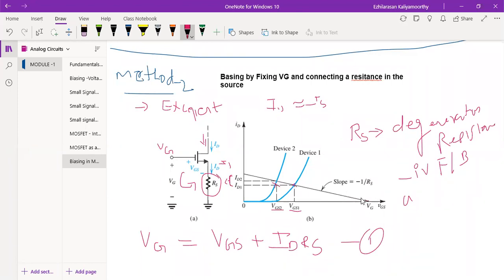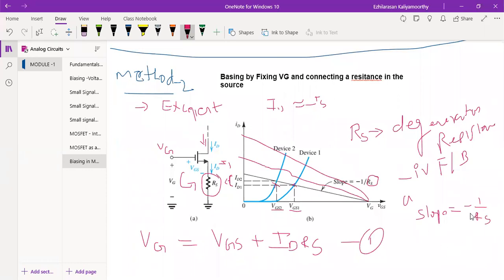So now, if you are increasing this slope, for example, what is actually happening? Say earlier the slope was like this, and if the slope is shifted like this, what's happening? Simply I can say, if the source resistance is high, then your slope will go down. If the source resistance is small, then the slope will go up. So simple, this is the slope, right? Slope is equal to minus 1 by R, the resistance.